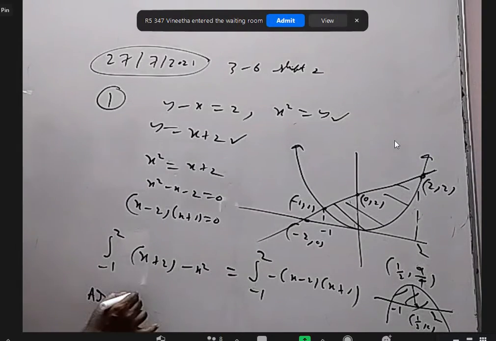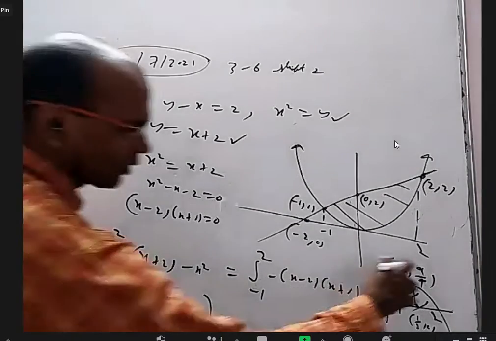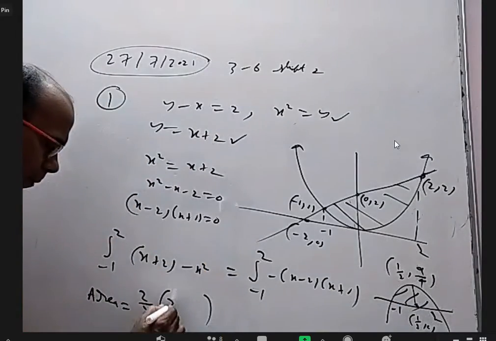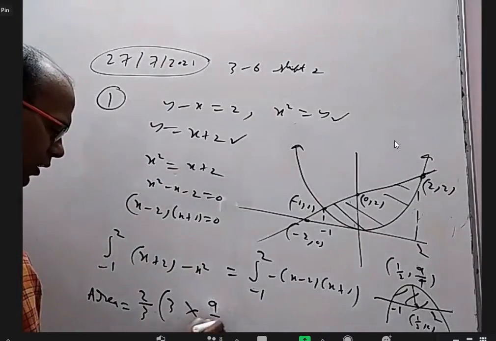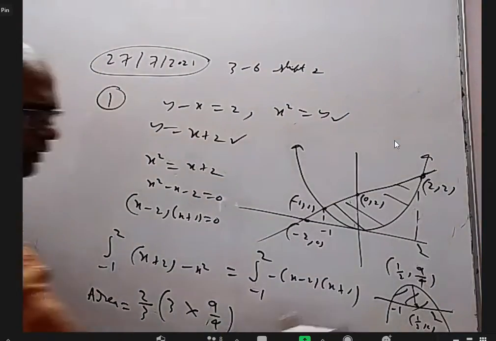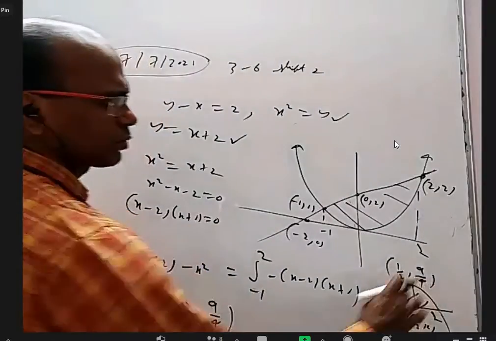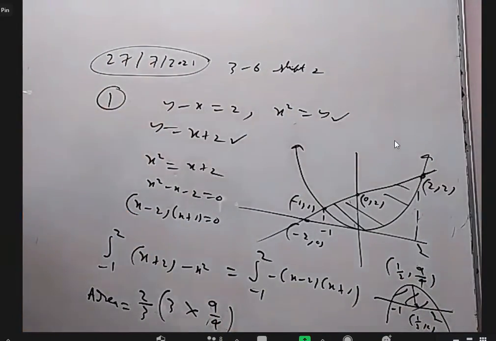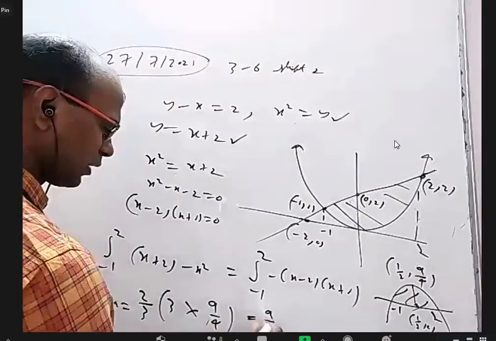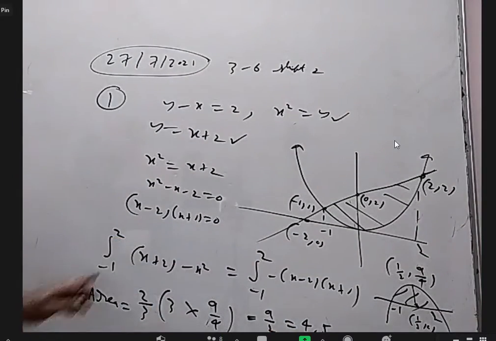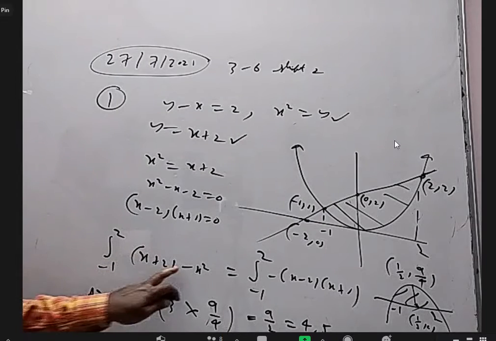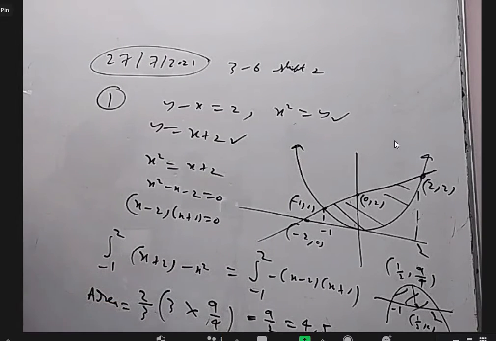So area will be 2/3 of, for this rectangle, this width is 3. The gap of 2 and minus 1. And this height is 9 by 4. In fact, whenever this gap is L, this will be L by 2 whole square, because L by 2 into L by 2. 3, 3 will cancel, you will get a 9 by 2, 4.5. If you don't like this, don't worry, just do normal integration. x square by 2 plus 2x minus x cube by 3, put upper limit, lower limit. Simplify also, you will get it. Sorry, you cannot see this small part.